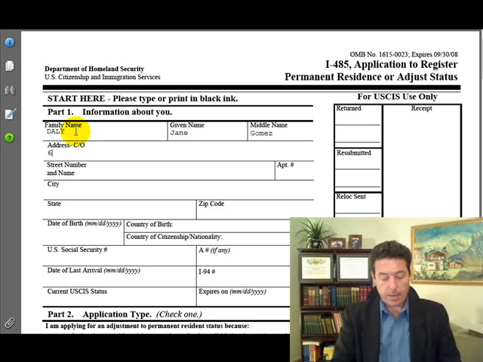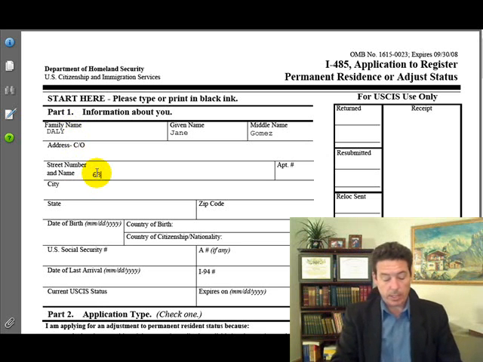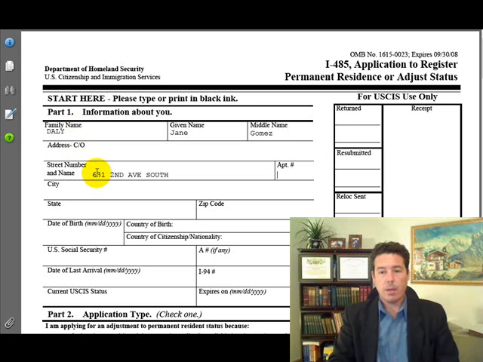Address, care of. My 631 2nd Avenue South. But that's care of. So if it was a care of, it would go there, but here's actually where the street number goes in. 631 2nd Avenue South, apartment number 20, city, Nashville, Music City, state, Tennessee, the great state of Tennessee, zip code